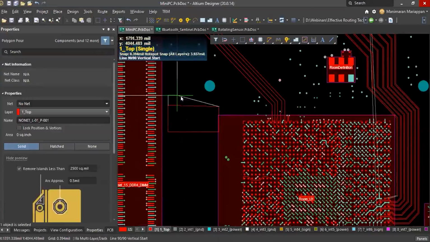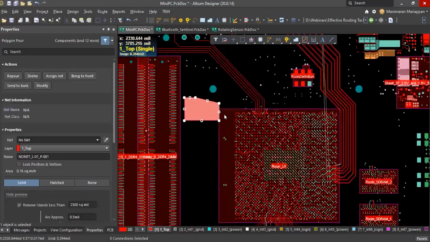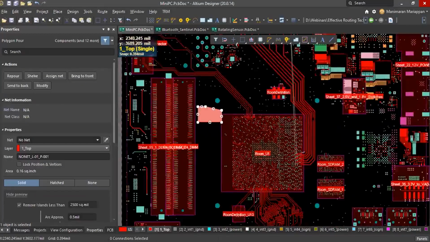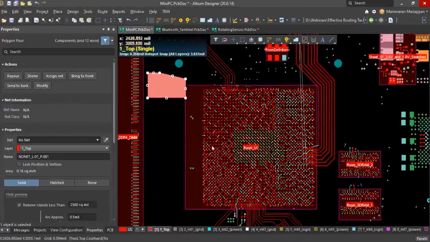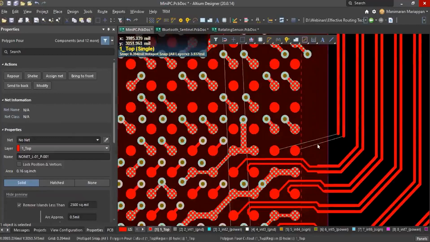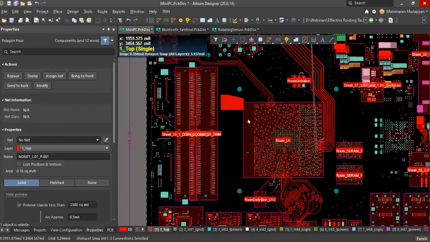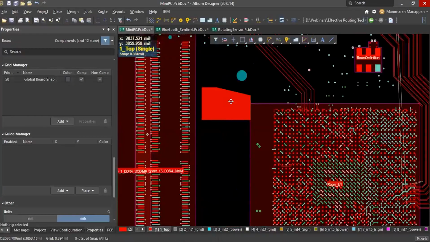But a room is something where we are mentioning some area, and in this area I'm setting some constraints, some rules. Like within this area, the track width should be 4 mil and the clearance should be 5 mil. It's just an area, it's not copper. Thank you, sir.